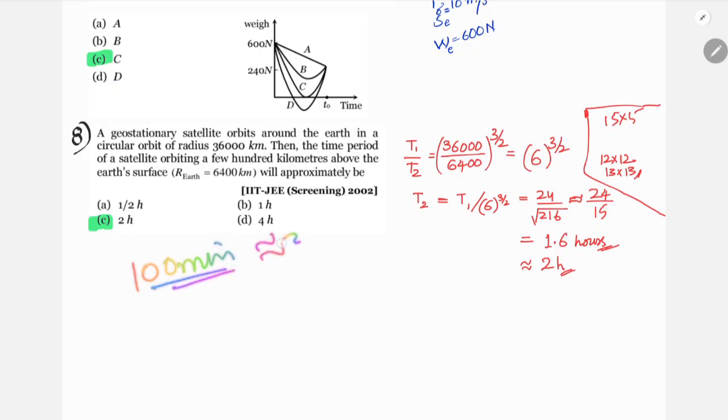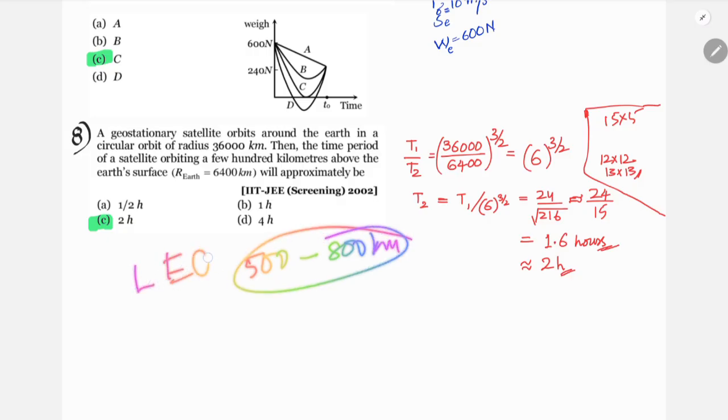100 minutes is nearly equal to how much more? 2 hours. Yes or no? 2 hours. So that is the reason. If you go through this calculation also, take the radius, very close to earth, no, they gave hundreds of kilometers above. You can increase this one up to maybe 300, maximum 800. We discussed 500 to 800 kilometers radius for